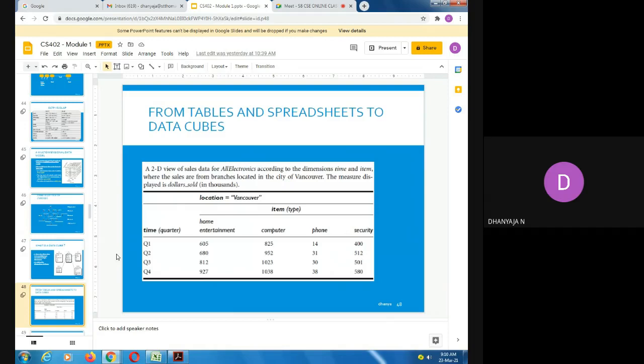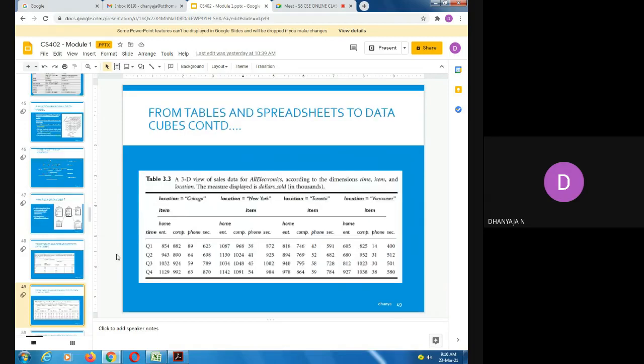During these four quarter time periods, in the location Vancouver, how many products in home entertainment, computer, phone, and security products were sold is displayed in this table. So here it is just a two-dimension table because the location is fixed. I'm considering only the time period and the product item type.